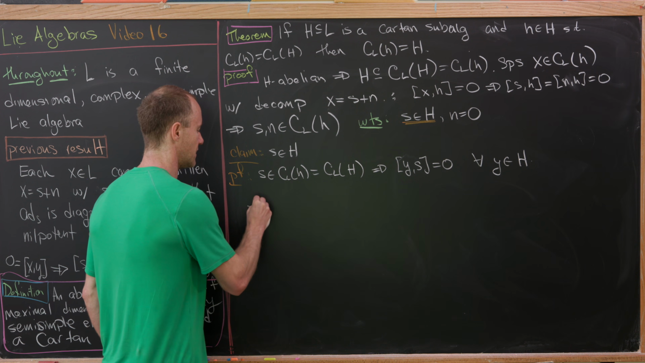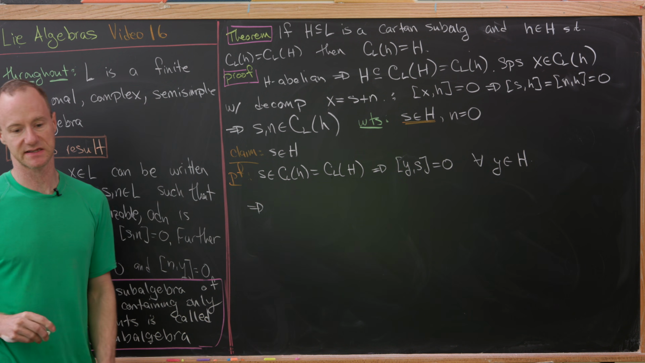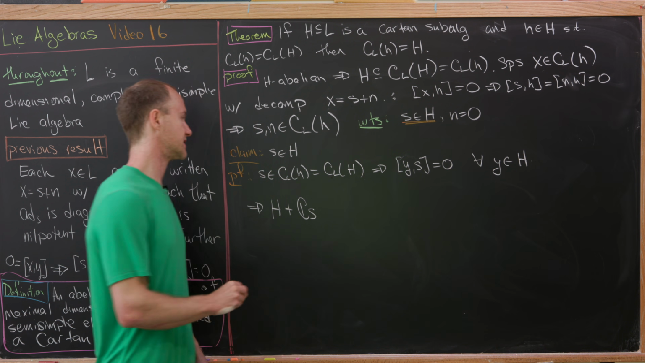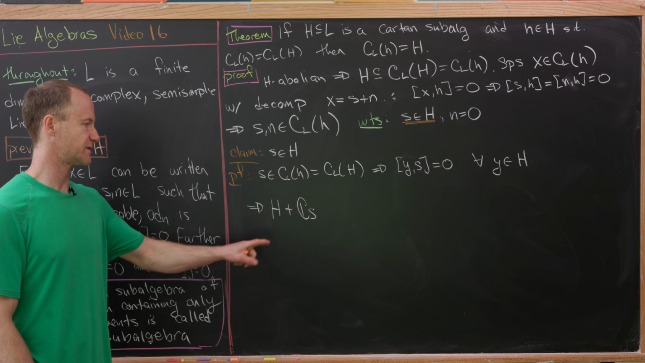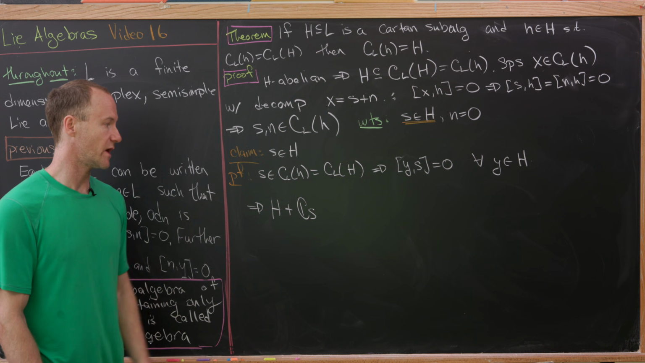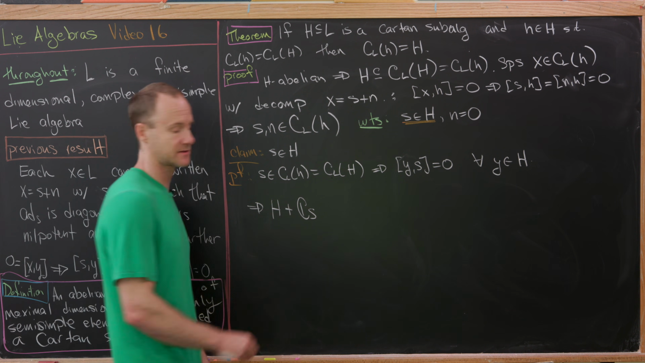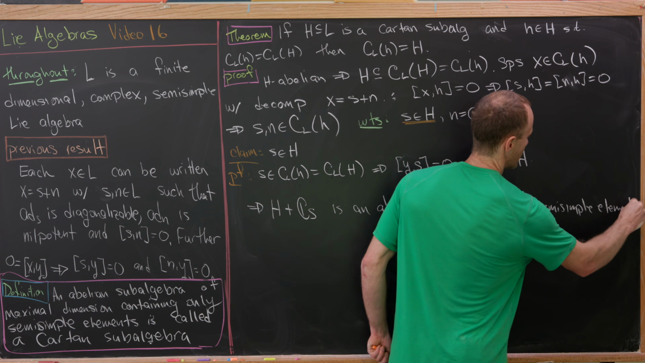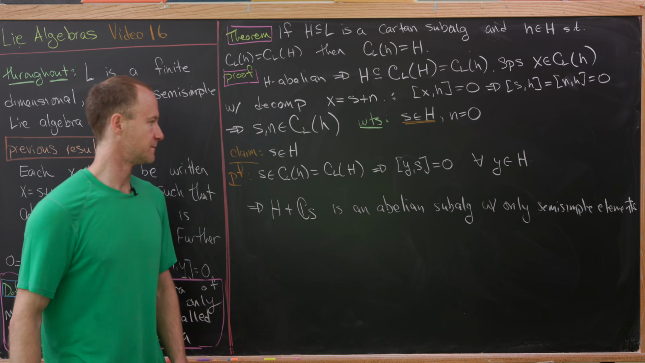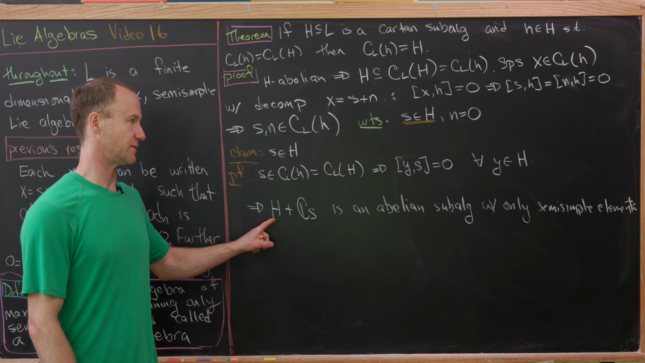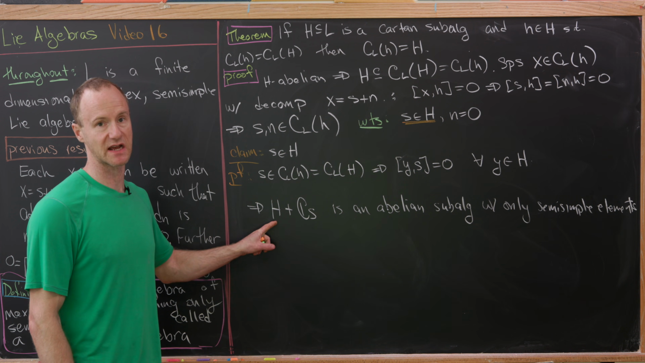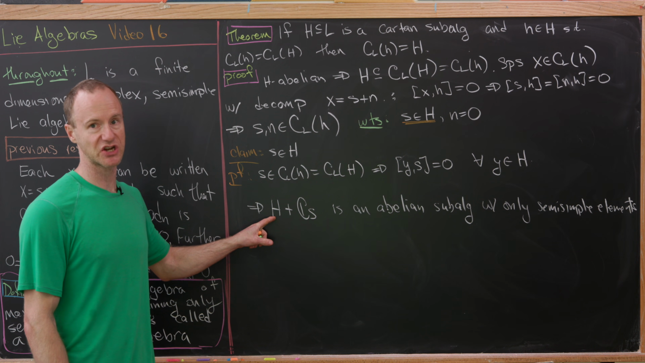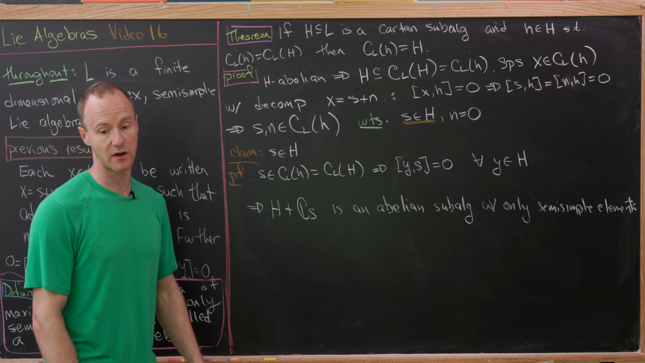But then we immediately get that S is inside of H, because notice that H plus CS, in other words the vector subspace that's H along with the vector S, is an abelian subalgebra with only semi-simple elements. We know it's abelian because H is abelian, and S commutes with everything inside of H, so the whole thing is abelian. We know it has semi-simple elements because H has only semi-simple elements, and S itself is